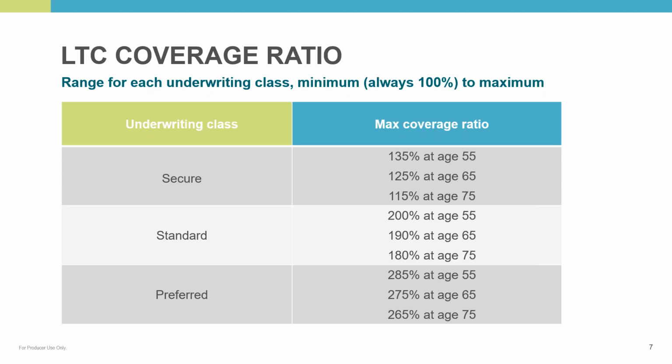What we're seeing the most of as far as business coming in the door so far is clients and producers are definitely wanting to maximize that coverage ratio. So for an example, and I'll go through an example here in a few minutes that shows some true numbers according to an age and underwriting class. $100,000 premium going in today, client standard, age 65. They want to maximize their coverage ratio to 190%. That's basically going to create that starting point of $190,000 day one on the long-term care benefit-based side. So $190,000 would be the actual starting point on that LTC benefit-based side.